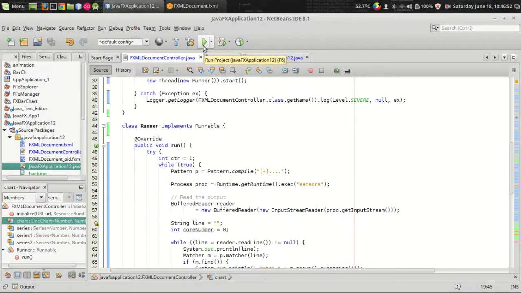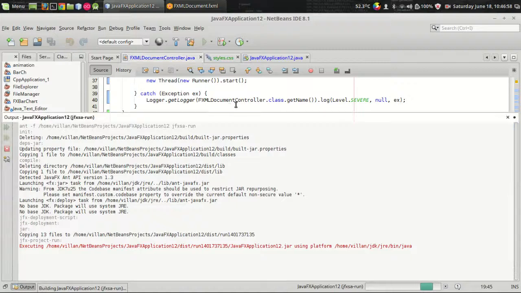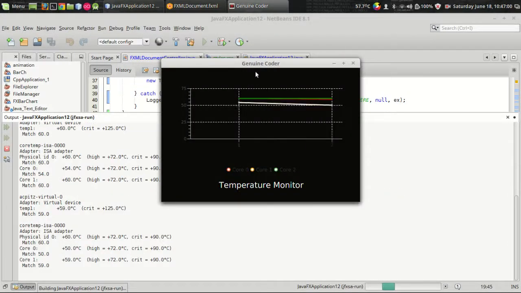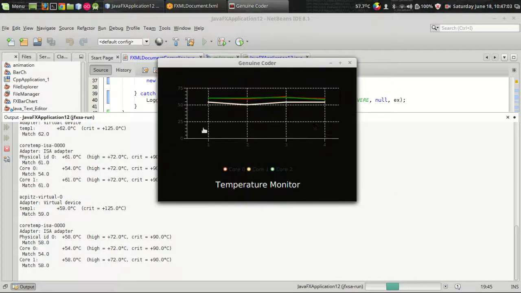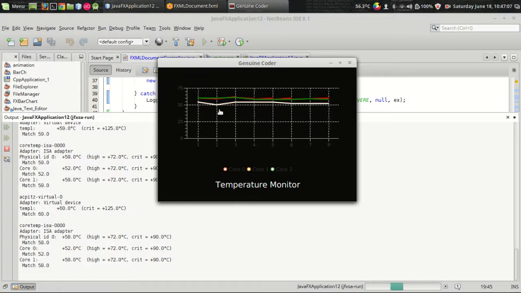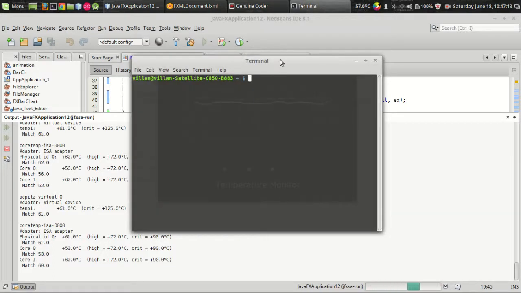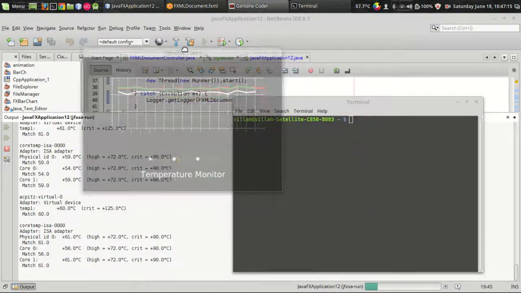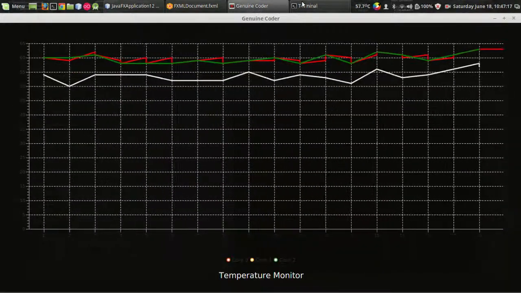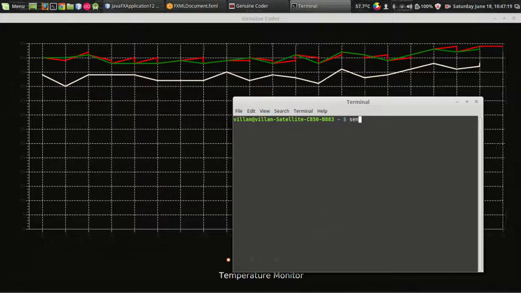Today I am going to show you how to develop a temperature graph in JavaFX, and in this program I have used the line graph for representing the graph, and the temperature is taken from the terminal using the sensors command. This program works only on Linux, since I have taken the temperature data from the terminal using the sensors